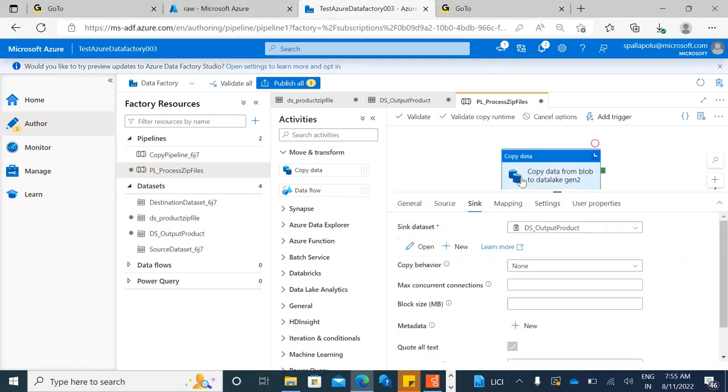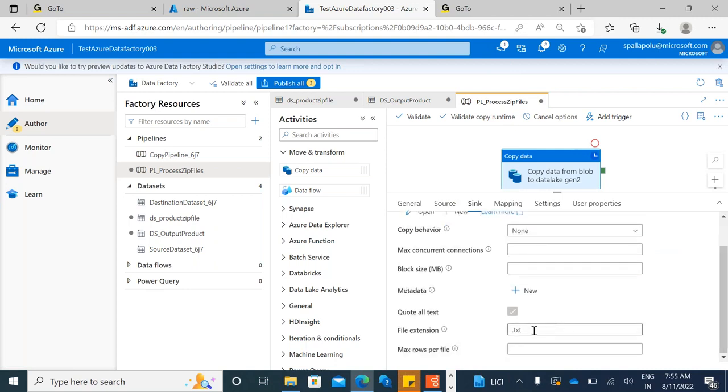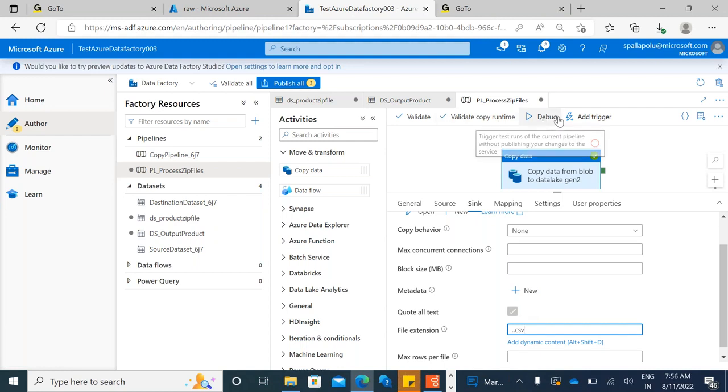Now you can see that file, guys, and one more thing you have to change here: the file extension. So the file extension in a sink, guys, you always need to change here to .csv, or whatever format you want to load into the target, because by default if you are not specifying any file name in a sink, it will take it as a text format. Okay, so if you want to debug again, now that copy activity is a success. If you want to debug again,